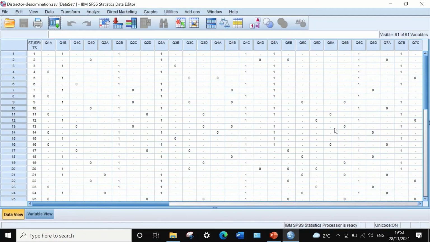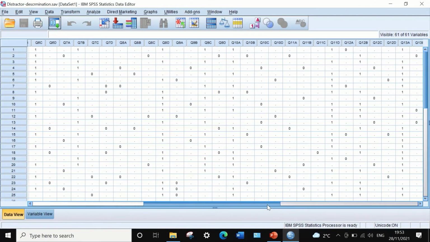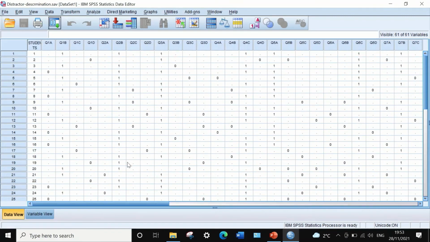Here in SPSS data view, I have placed data extracted from an exam paper answered by 25 students that were answering 15 multiple choice questions, from question number 1 to question number 15, and each question has 4 possible answer options labeled as A, B, C, D, and the correct answer for questions are given a value of